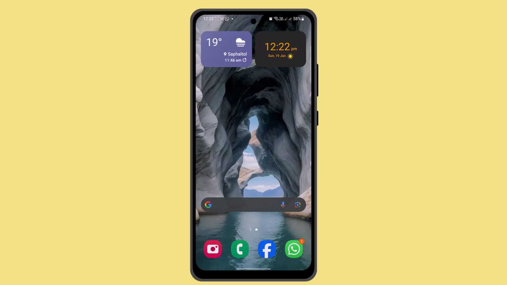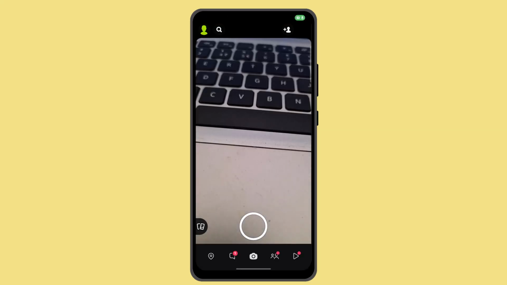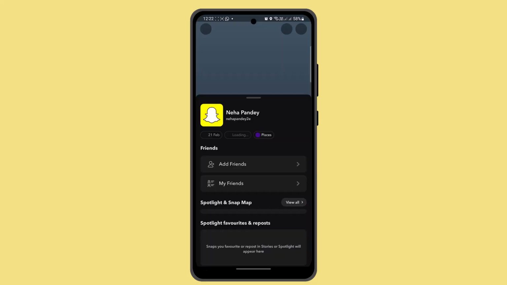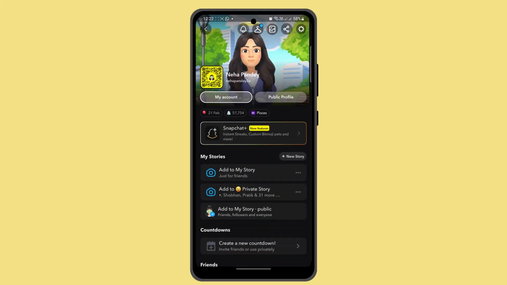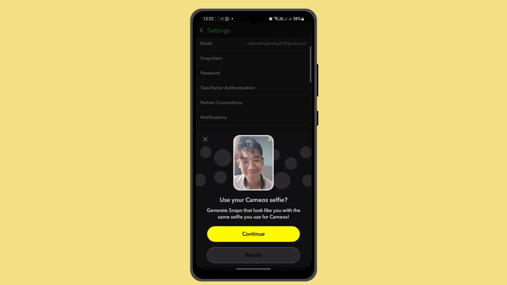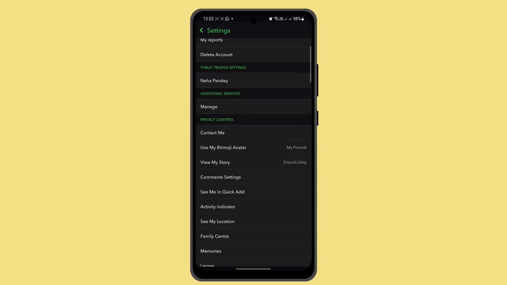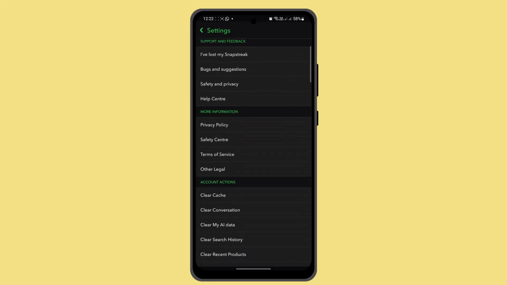So first things first, what you want to do is go to Snapchat, and then click the Bitmoji icon from the top right, then go to the gear icon, and here you want to go to Cameos. When you go to this page, you want to scroll down a bit and go to cache. So go to clear cache and then click on continue,